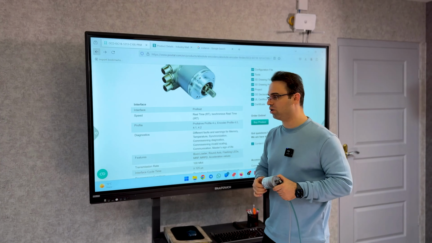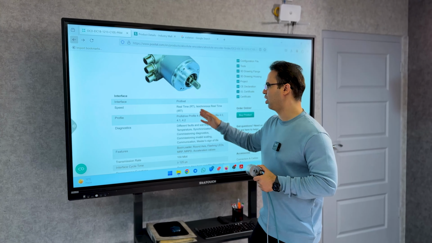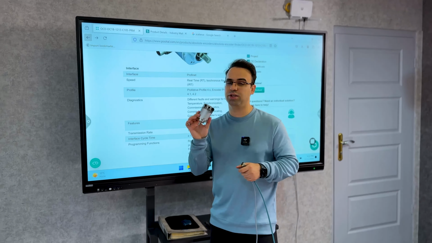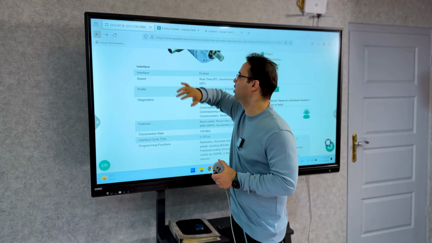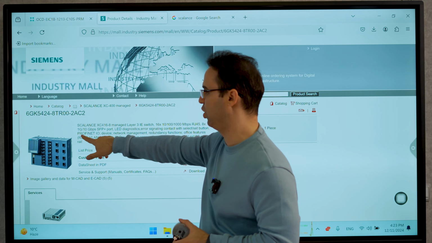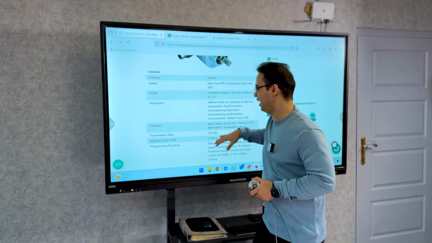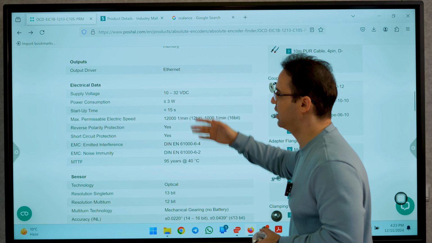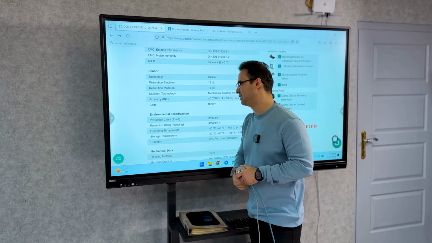It's on Profinet IO. The speed of that is really high. It supports RT and IRT. As you know, if you want to connect it to a PLC, you should connect it directly to the PLC or use a Scalance that supports Profinet IO, like this one, Scalance XC460. And as you can see, the output driver is Ethernet, and the important thing is this resolution single-turn is